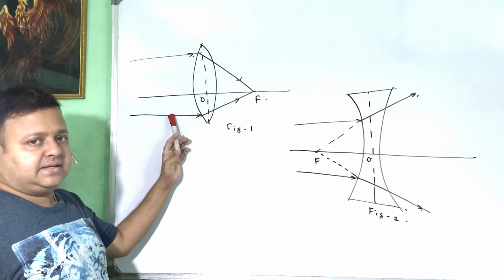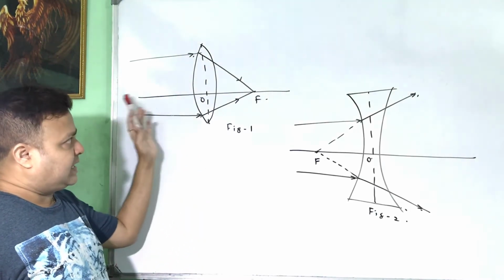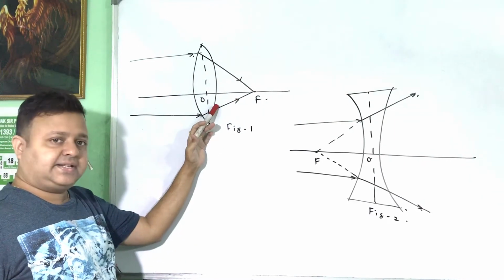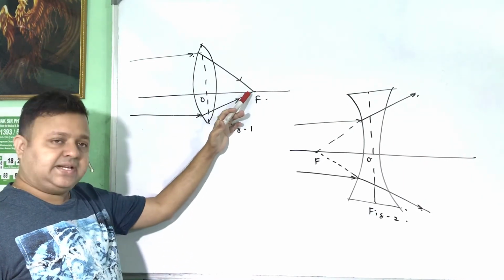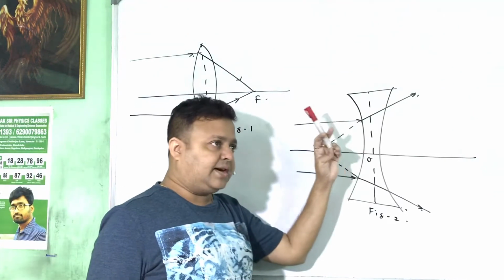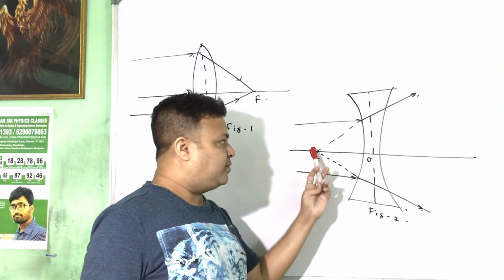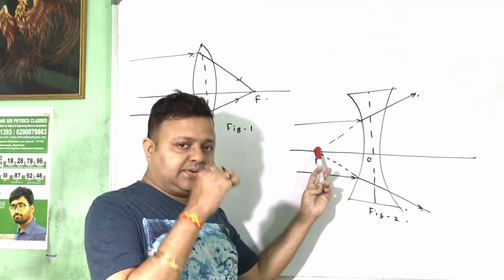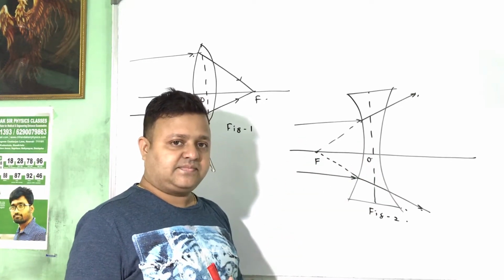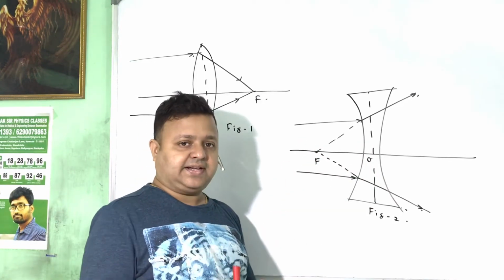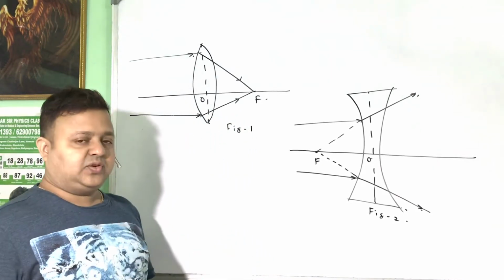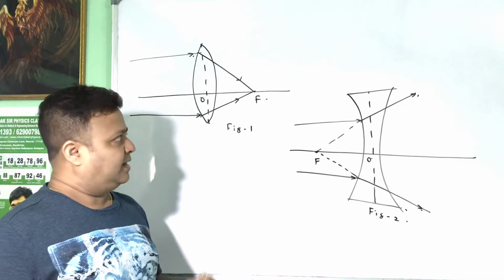Parallel ray of light parallel to each other and parallel to principal axis, after refraction through the convex lens will meet at principal axis. This is figure number 1. And after refraction through the concave lens will appear to meet at principal axis. This is known as a principal focus or first focus, and OF is called the focal length. ওখানে ছিল রিফ্লেকশন, এখানে আছে রিফ্র্যাকশন। আচ্ছা, তাহলে দুটো ফোকাসের ডেফিনেশন বললে দুটোই কিন্তু লিখতে হবে। দেখ আবার বলে দিচ্ছি,